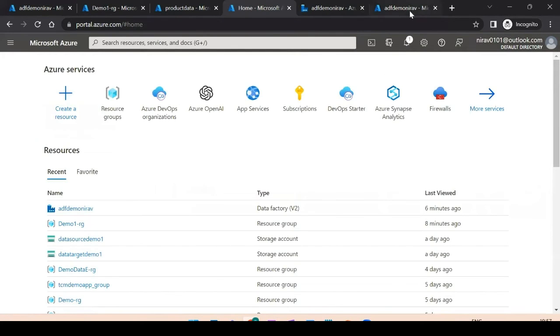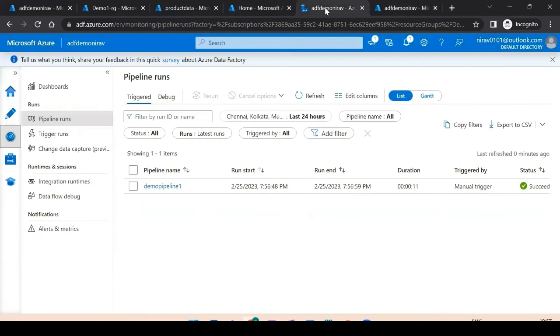So what is the data pipeline doing? It is copying the data from one source to target. And in real life, you will not do only this much. Maybe huge data is available in some other on-premise data server, and there you need to connect through Azure Data Factory and then copy it. So this is what we have seen: Data Factory in action, and this is what we are going to learn in my next video. You will be able to create this pipeline, this storage account, and start working as a data engineer.